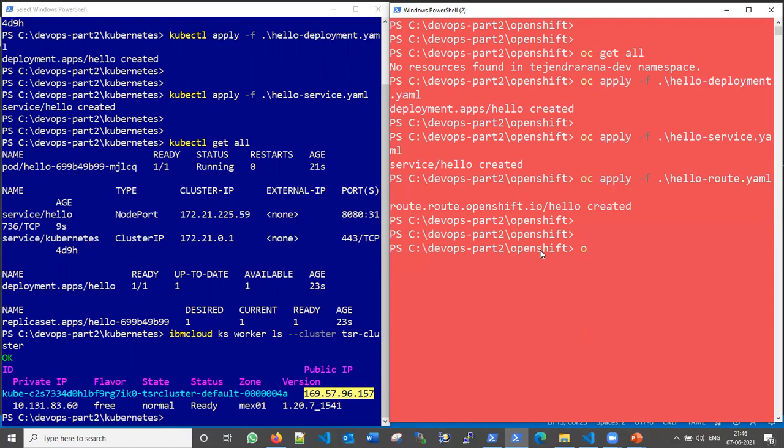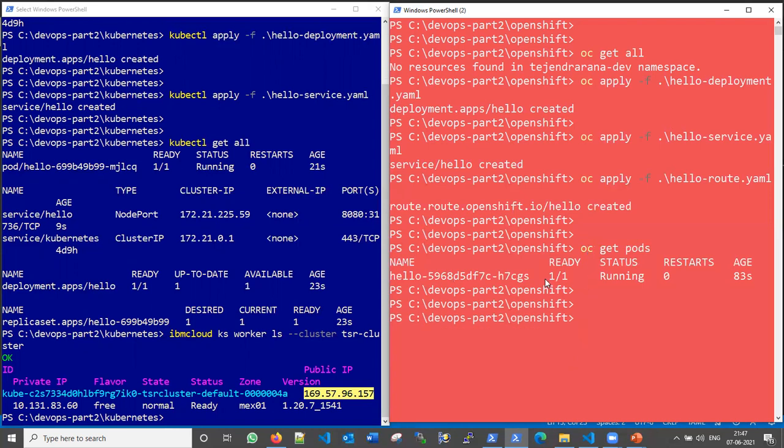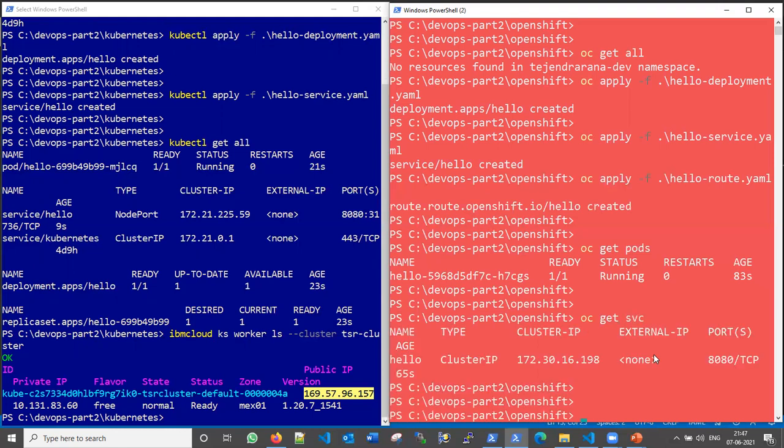If we run oc get pods, our pod is up and running, and oc get service shows our service is also created. Now we run oc get route.